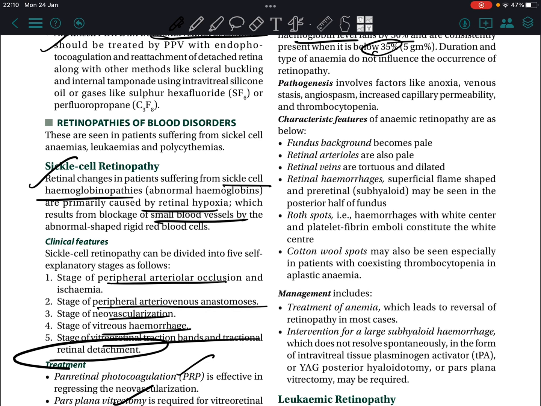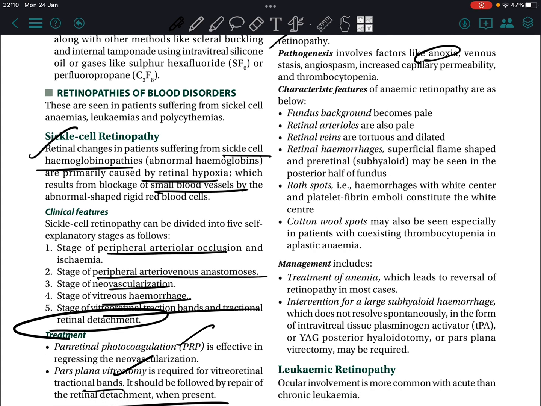The type of anemia does not influence the occurrence of retinopathy. Pathogenesis involves factors like anoxia, venous stasis, angiospasm, increased capillary permeability, and thrombocytopenia. Characteristic features of anemic retinopathy are as follows: the fundus background becomes pale, retinal arteries are also pale, retinal veins